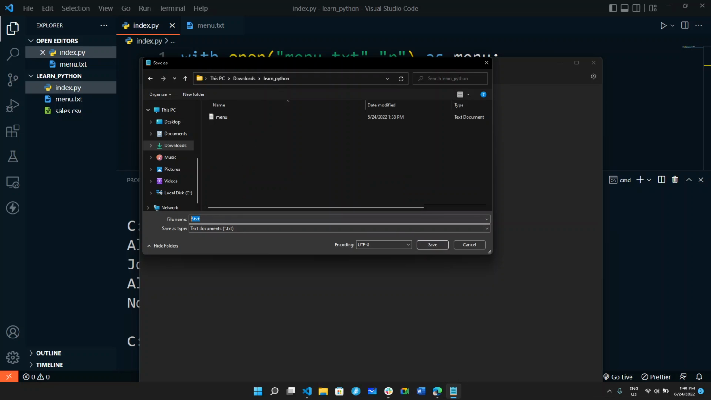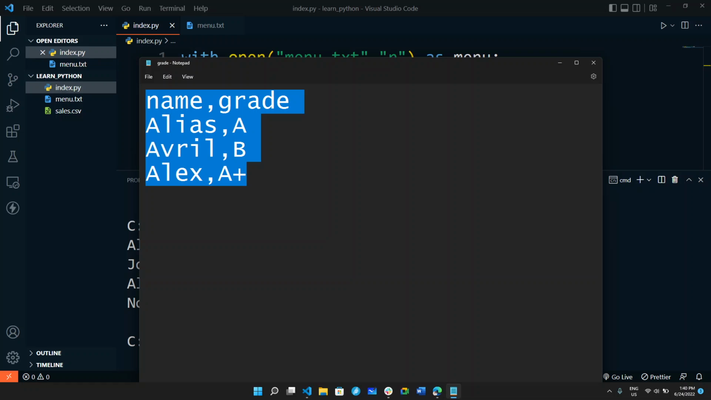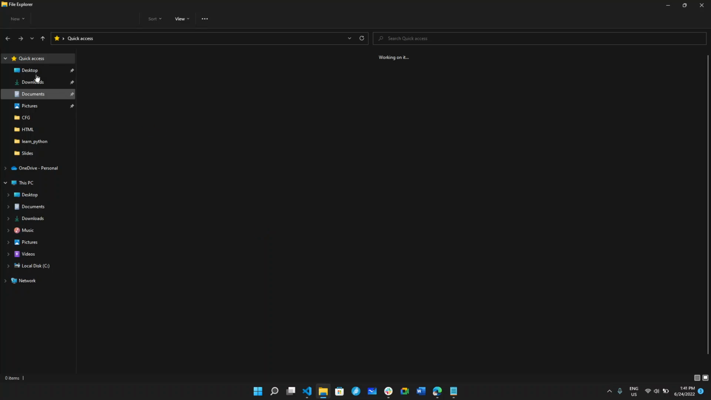In this, the name of my file, let's say grade.csv. Okay, grade.csv. When I hit save, you will see a file here, grade.csv. Okay, but let me show you. If I open this file,